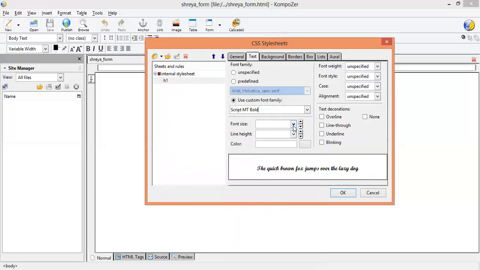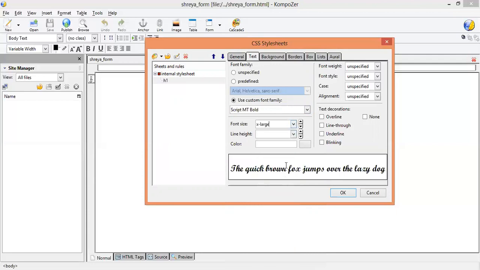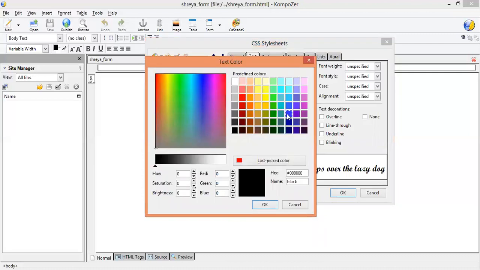Then you choose the font size. You can see the different types of option here. I just specify here extra large. Line height, always line height will be normal. You can set the color of your text. I choose the color from here, blue.